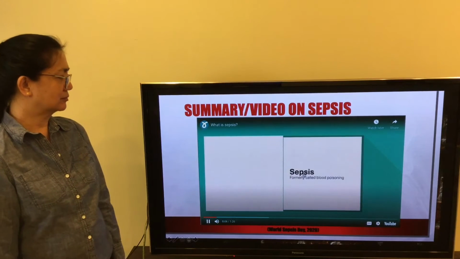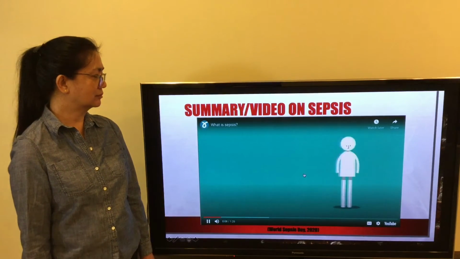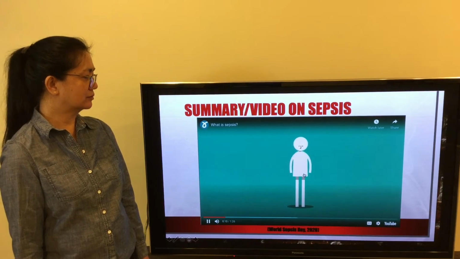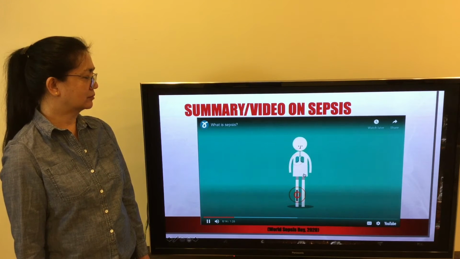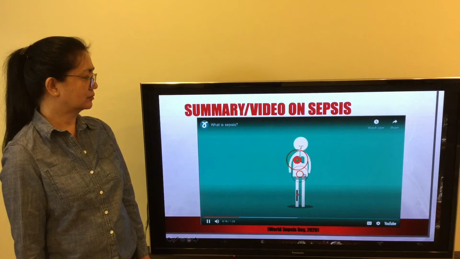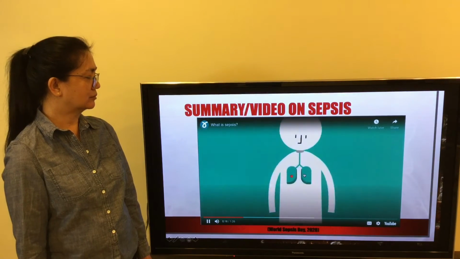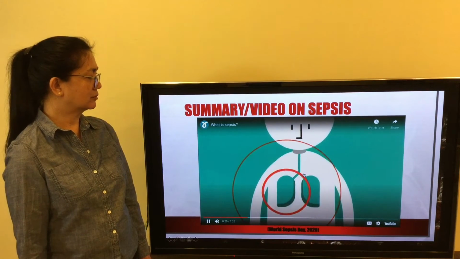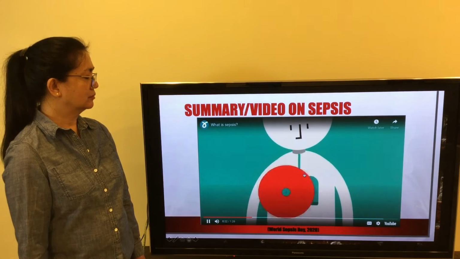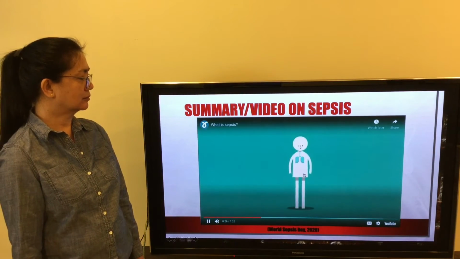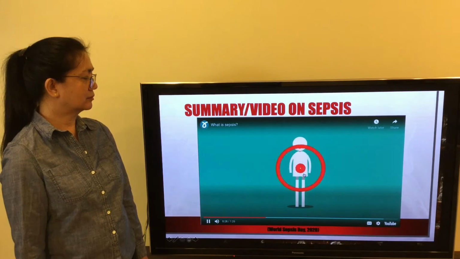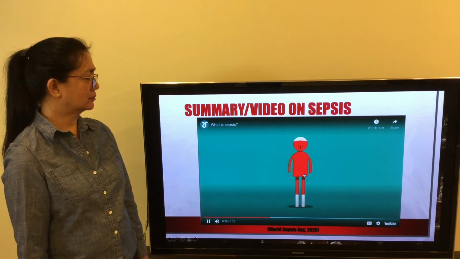Sepsis, formerly called blood poisoning, is usually triggered by a local infection, such as pneumonia in the lungs, an infected wound, or infection of the urinary tract. Should bacteria from the local infection spread or secrete toxic substances into the bloodstream, the immune system may sometimes go into overdrive, causing inflammation throughout the entire body.